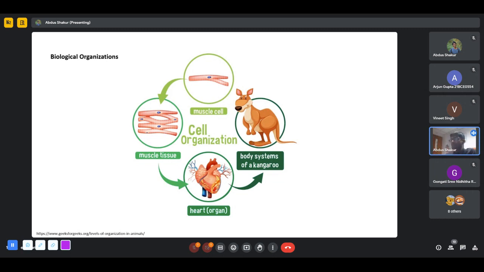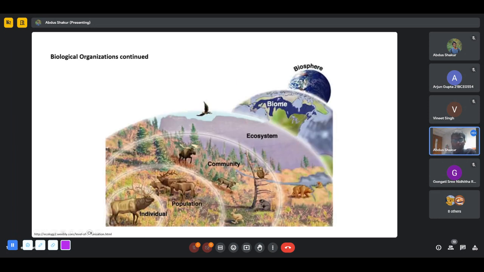So it all starts with a cell, a group of cells form into tissue, and then similar types of tissues form an organ, and multiple different organs form organ systems, and organ systems kept together form an individual or a species of whatever you are looking at here. It can be kangaroo or rat or plant, anything. And then this is at the individual level. But when you have such individuals,